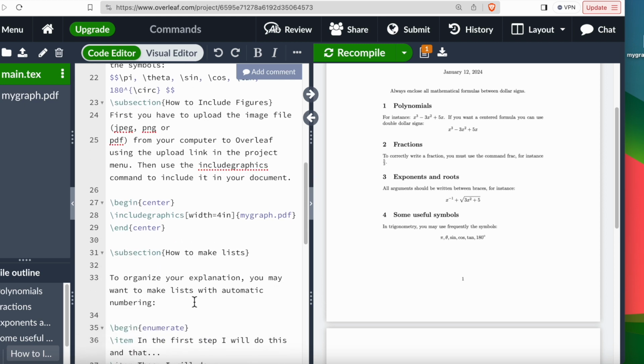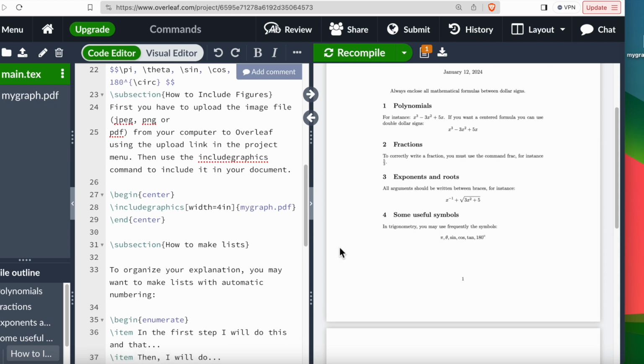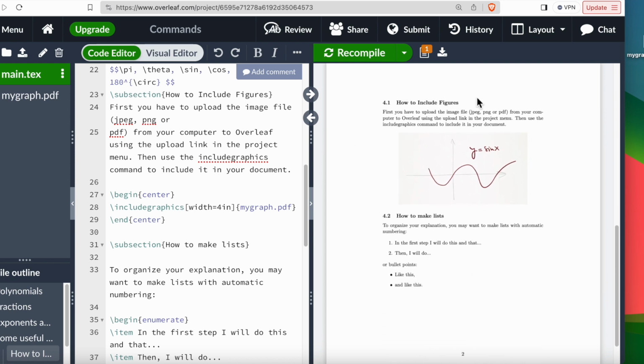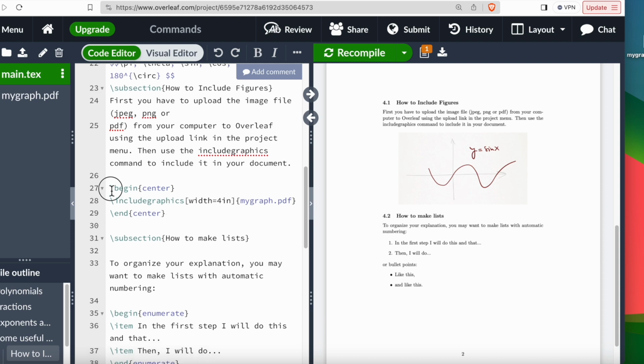And also something very important that you may need is that if you want to include a graph in your document, for instance here, how do you do that? Well, copy and paste this code. So that would be the way to include a graph. And the graph that you want to include should be any drawing or any picture that you may have in your computer. So I called here my graph. So I will put from the desktop in your computer, you just drag it in here. So that's the way to include a graph